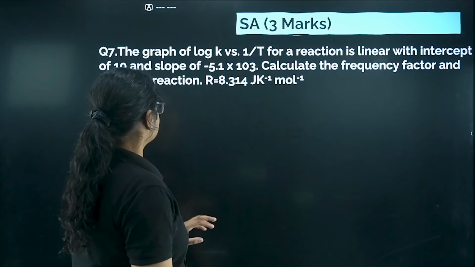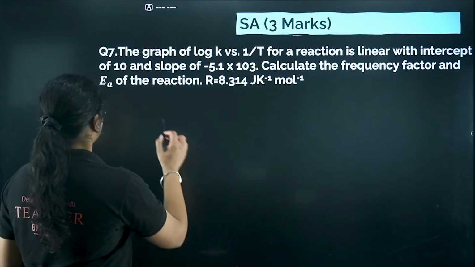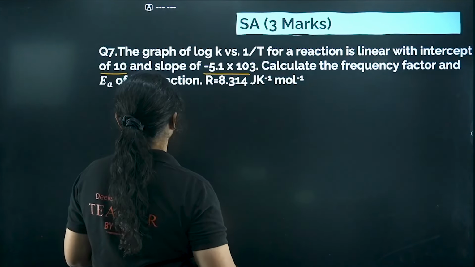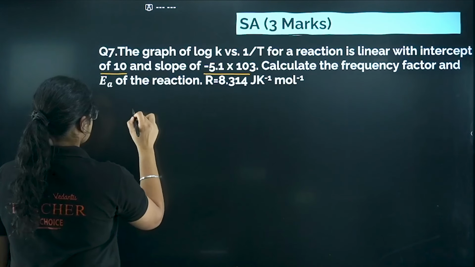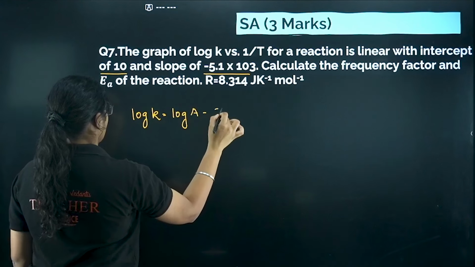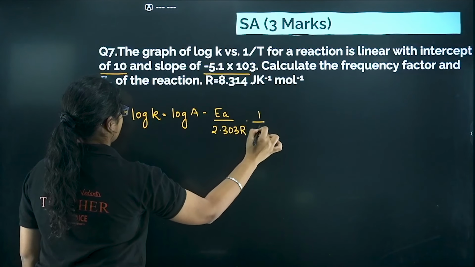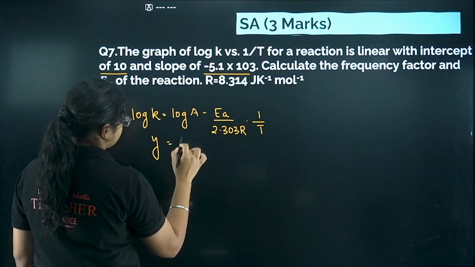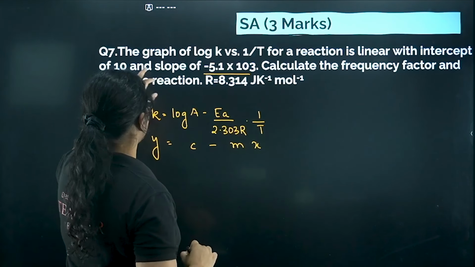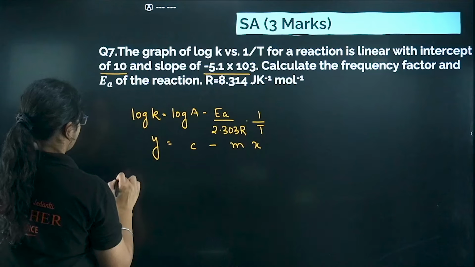Okay. Next, the graph of log K versus 1 by T for a reaction is linear with intercept of 10, okay, and slope of this one. Calculate the frequency factor and the EA of the reaction. Now what is the graph we have? Log K is equal to log A minus EA by 2.303 R into 1 by T. Okay, so this is Y, this is M, this is X, and this is C. Now what we have to find out here, intercept of 10 means this C is this one. So log A value is 10,